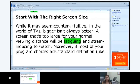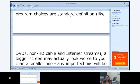Moreover, if most of your program choices are standard definition, like,